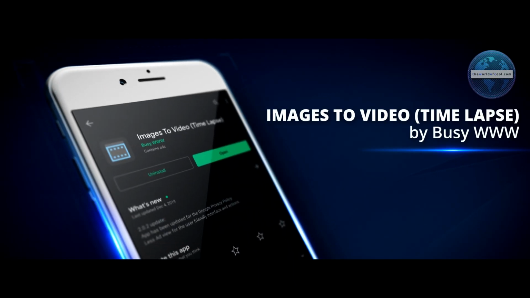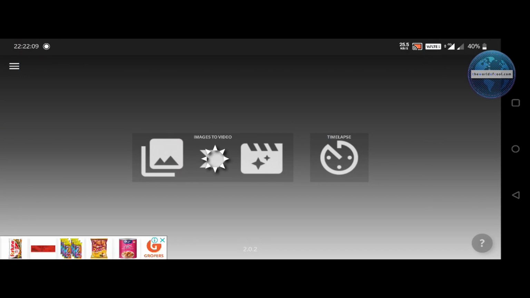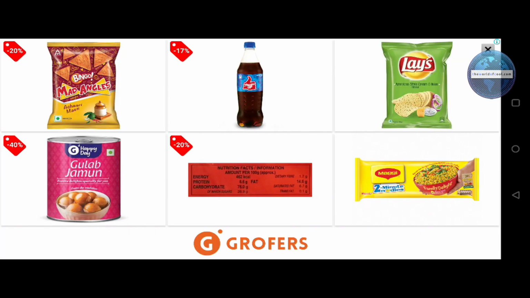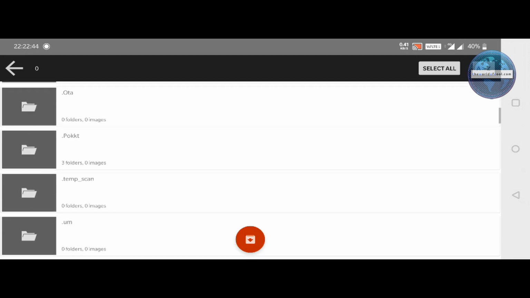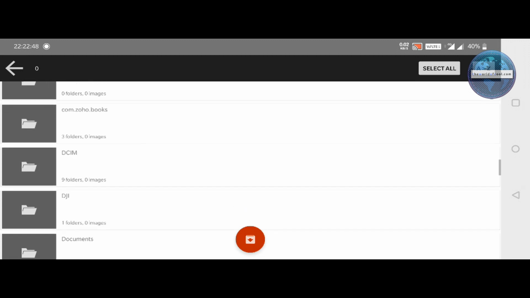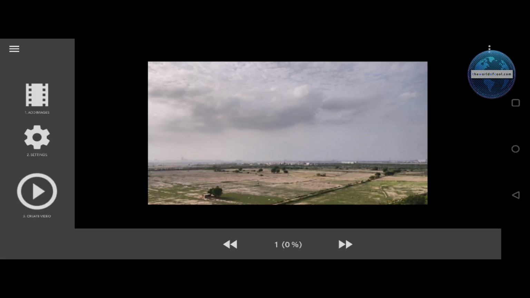Phone users, however, would need to go back to Play Store and this time download an app called Images to Video. This app is completely free, but that does come with 3 restrictions. So open the app, then tap on Images to Video in the center. You might be shown an ad, and that is the first caveat with this app. Powering through. Click on Add Images, then navigate to where you set Open Camera to save these images. In my case, it was DCIM, then Open Camera, the folder itself. Tap on Select All and then this red button thingy, this will import all the photos into the app.